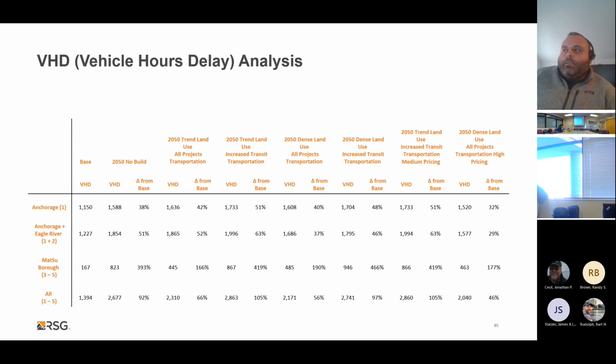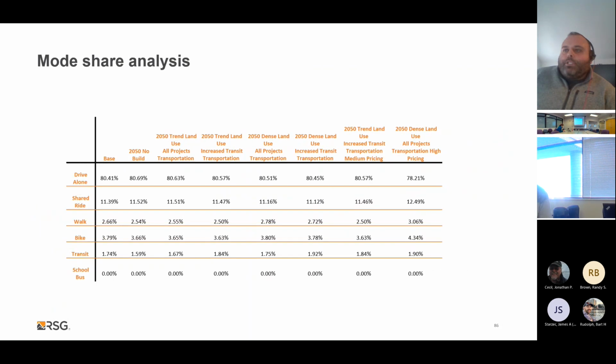So what scenarios are developing more or less congestion between each other. We're looking at mode share analysis, which is looking at the different types of scenarios that we have here and how these are generating differences in mode share. And it's probably important to note here too that with the sensitivity to denser land uses, we're seeing increases of walk and bike trips in this model. Where you have dense land uses, you're going to have more walk and bike trips associated with those, as well as more transit trips too.